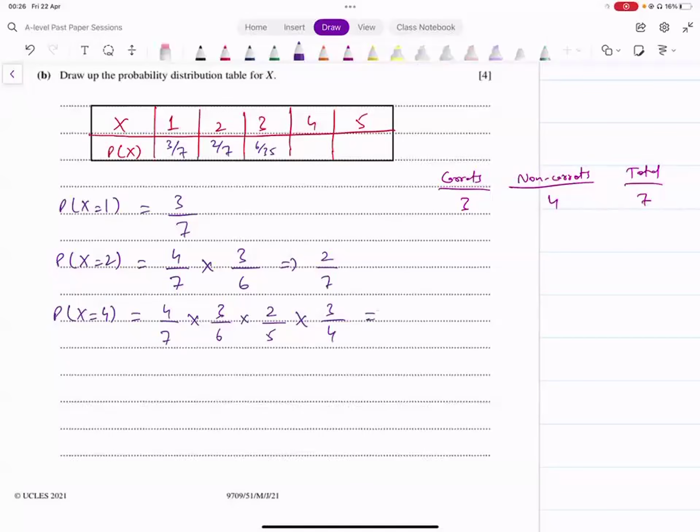4 that are remaining. ये आप evaluate कर लें, ठीक है? That's going to be 4 divided by 7 into 3 divided by 6 into 2 divided by 5 into 3 divided by 4, and that gives me 3/35. This is 3/35. Now, if you're absolutely sure कि ये calculation आपकी सारी सही है, फिर आप फिफ्थ के लिए